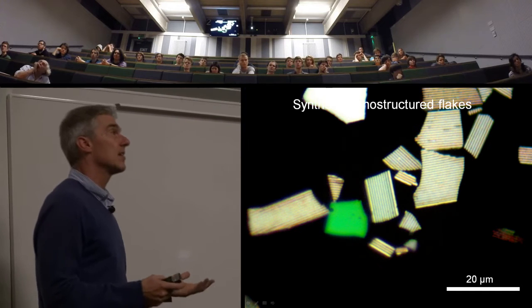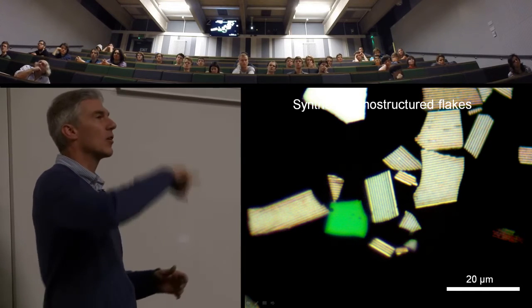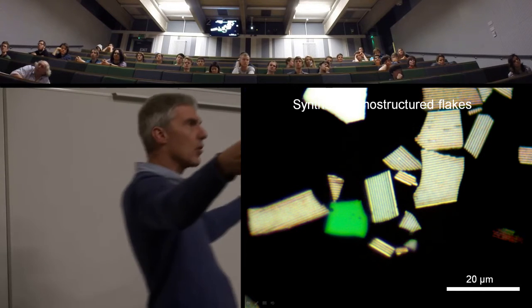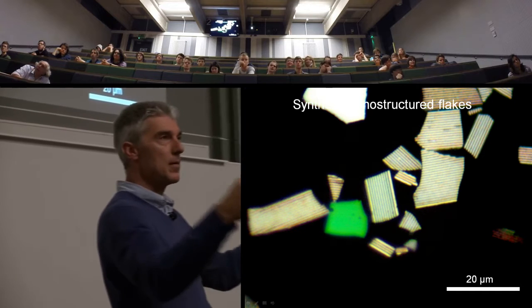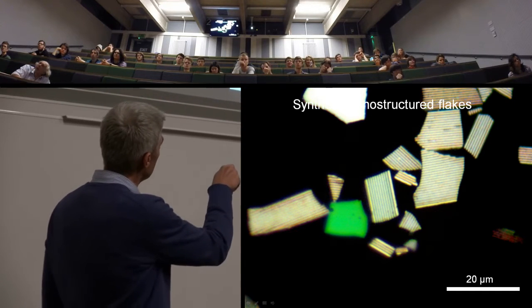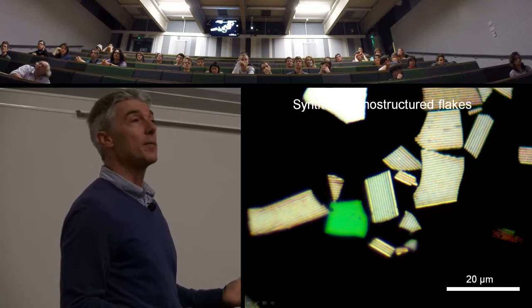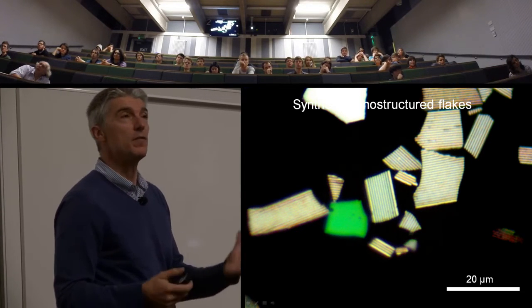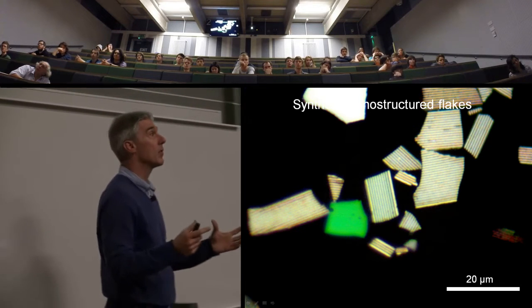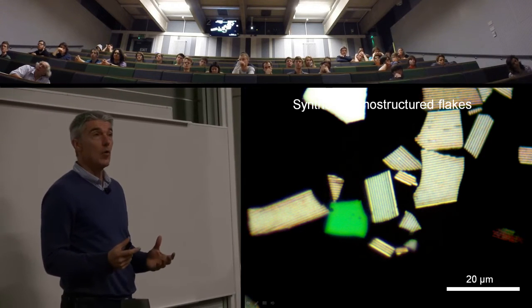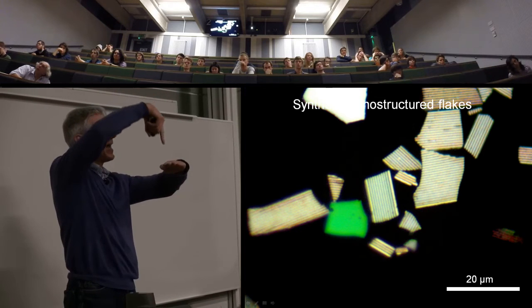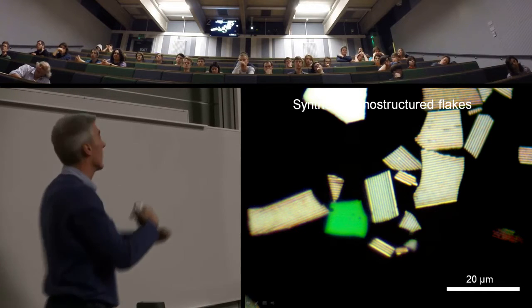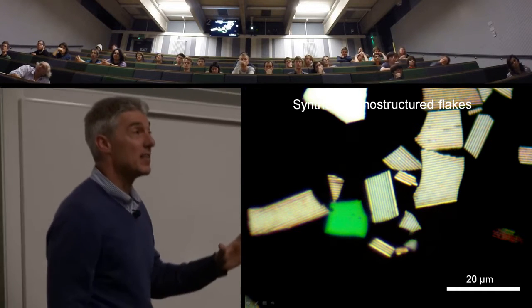Does anyone on their shed at home or otherwise have a corrugated steel, corrugated iron? That's what these are. If you take one of those big corrugated steel sheets and you miniaturize it down to this scale, this is the effect we would see. So these colors arise due to diffraction rather than interference. And those two aspects are related. They're both coherent scattering. One is with a periodicity in that direction. The other with a periodicity, let's say, across the surface in that direction. And we can see the difference.